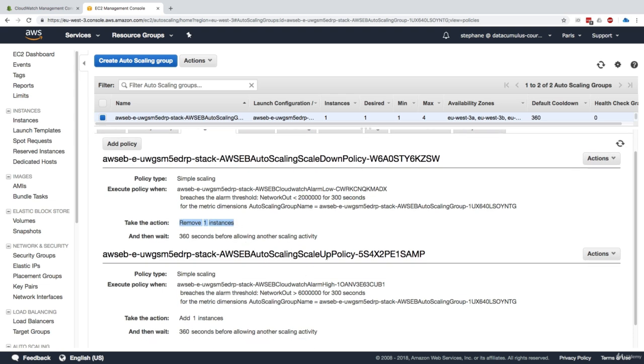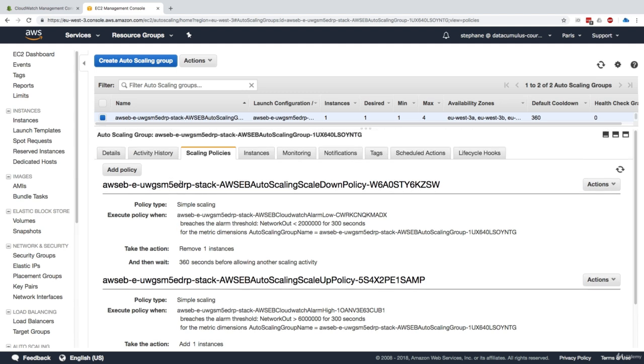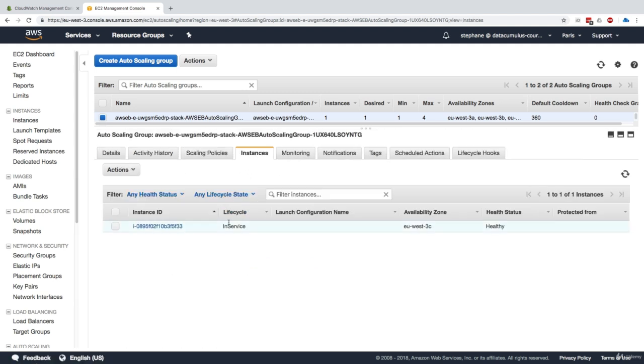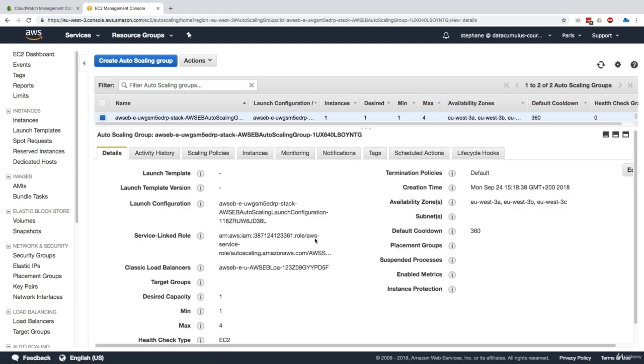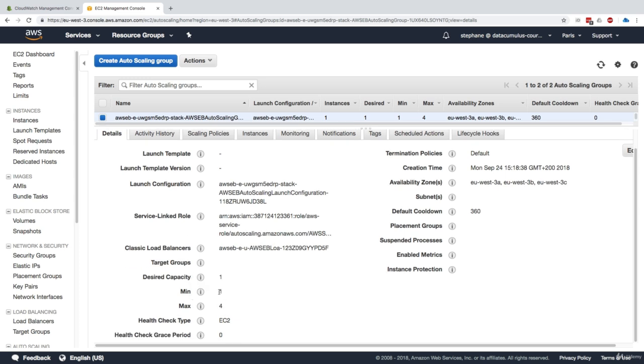And the scale up policy is saying if the network out is greater than 6 megabytes for 300 seconds, then add one instance. And the reason why we still have one instance in place is that we set the minimum capacity to be equal to 1. So even though the alarm is saying remove one instance, because we already are at the minimum capacity, the instance won't be removed.